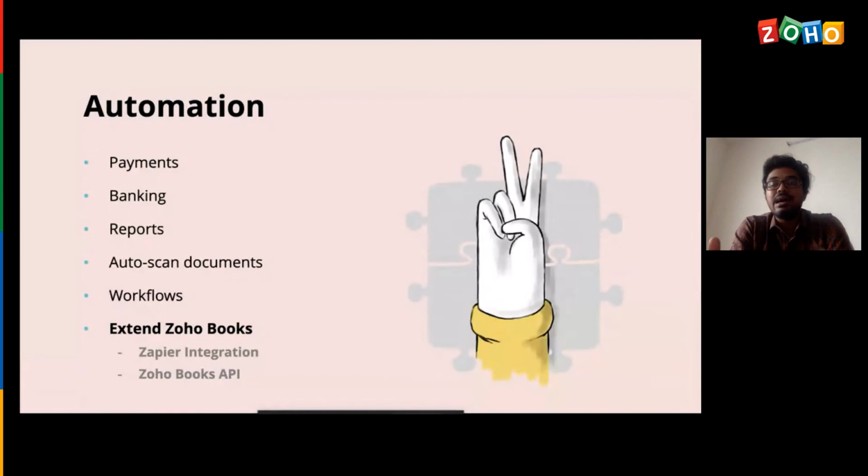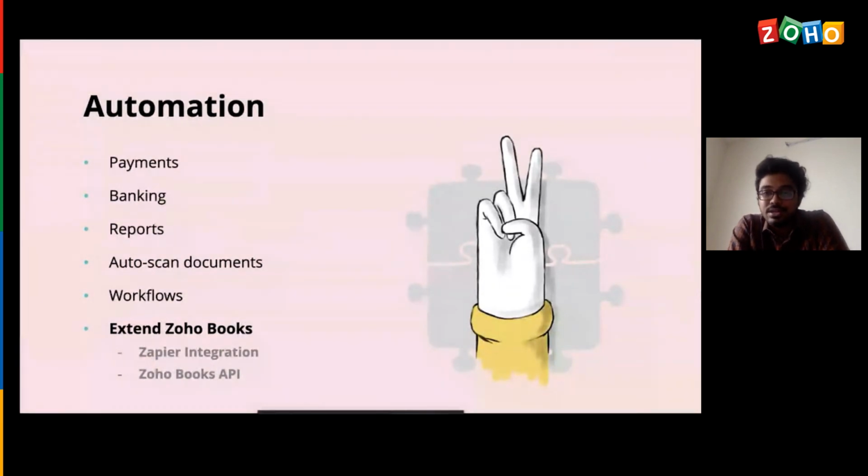There are a few instances where the third-party application with which you are trying to integrate Books does not support such integration features. Like it does not have any provision to share or receive data from another third-party application. In such cases, the Zapier integration comes into the picture, where Zapier acts as a platform between Books and the other third-party application.